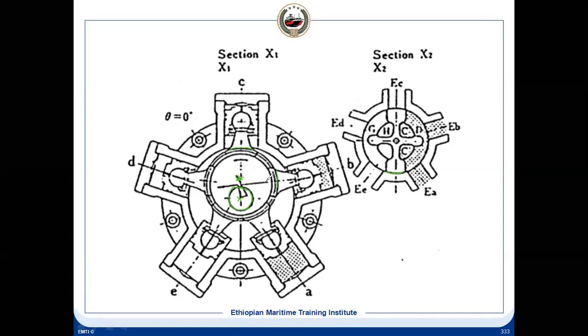Because of this eccentricity, if you see the casing, this is the distance here, whereas this is the distance here. So when this point is coming here, because it is rotated by this crankshaft, what will happen? This piston is moving down. This piston is at TDC because this distance is minimum. And this will be in between some position. And this position is the BDC, because this is TDC, so it has reached the lowest position. So this piston has actually already done the work.